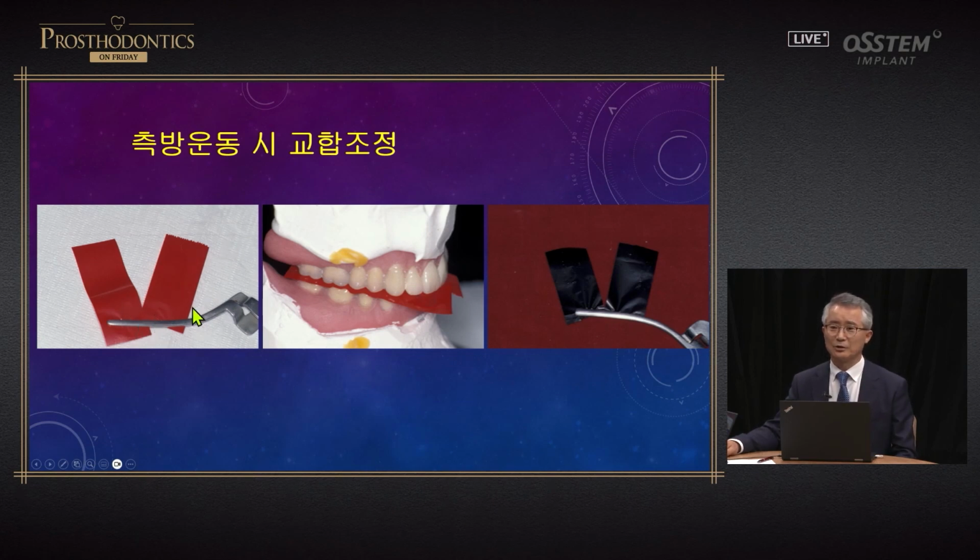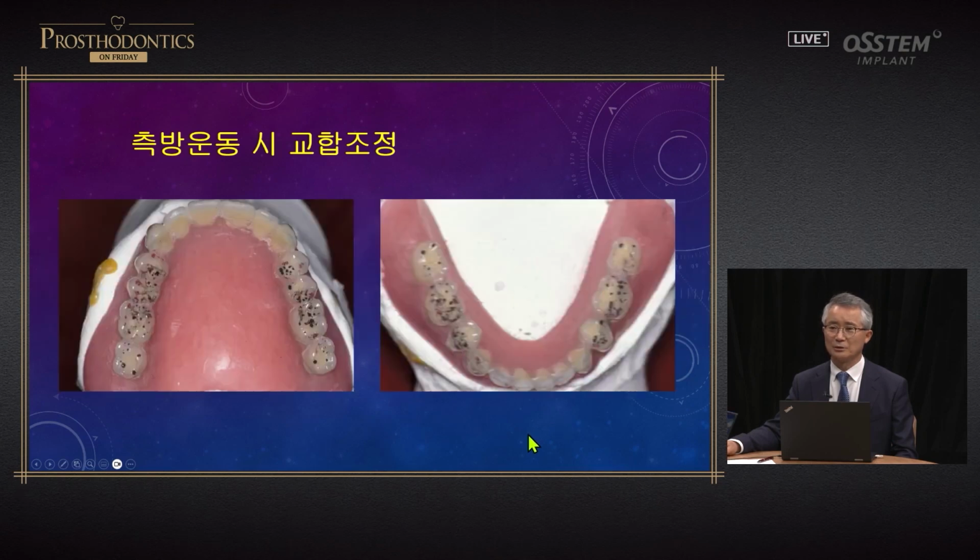I'm not going to talk about occlusal adjustment in depth. As shown, using red articulating paper, lateral movement is done, and black is reflecting the centric relation. If you look over here, the markings are not really clear, but as was before, the centric relation is shown clearly. The lateral movement feel is very rough. It seems like a movement is not done properly.